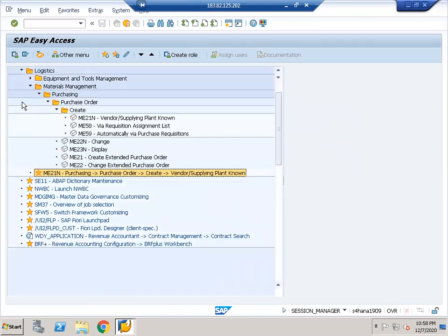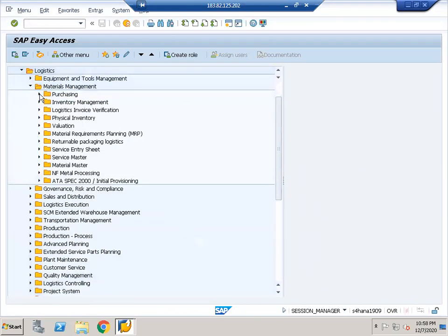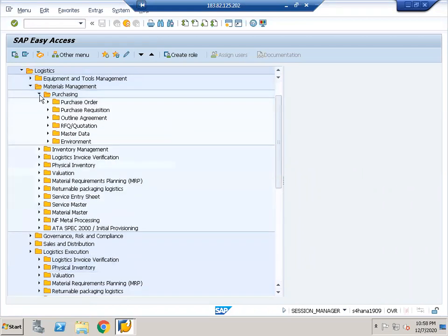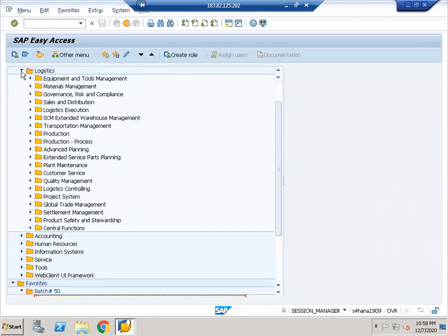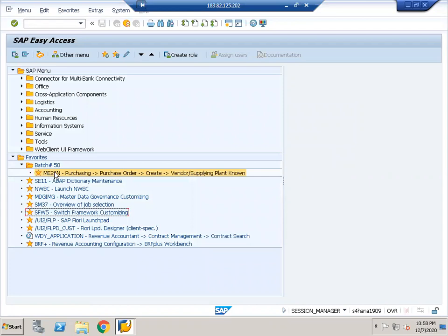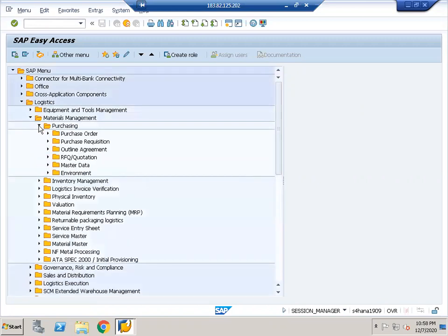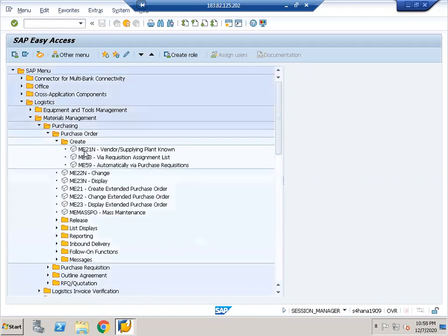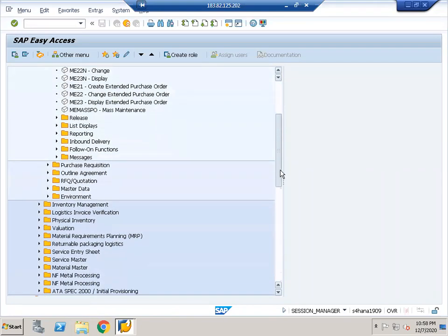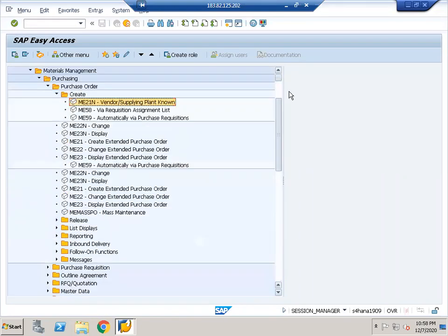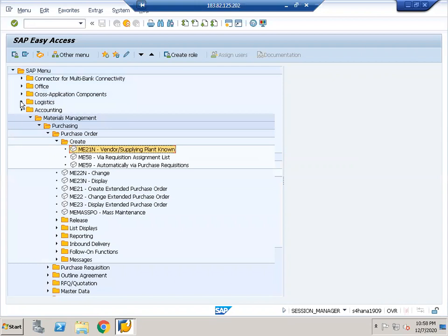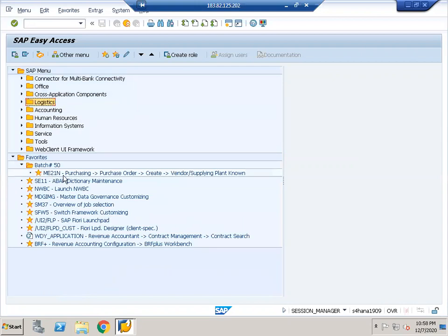Instead of following all these steps, you can create it in the folder and directly access the same transactions. Instead of going to Logistics, then Materials Management, Purchasing, Purchase Order, Create, if he adds it directly in the favorite, he can directly access it, right?